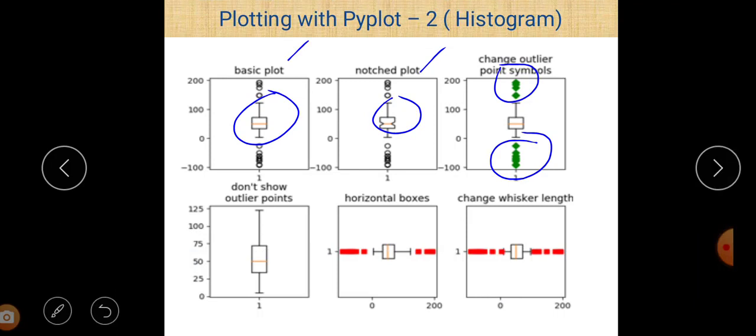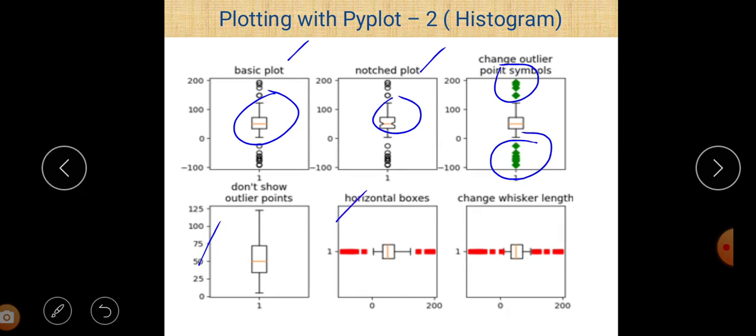This is the box plot without outlier points. Then case number 5 is the horizontal box plot. By default, a box plot is vertical, but you can also create a horizontal box plot.